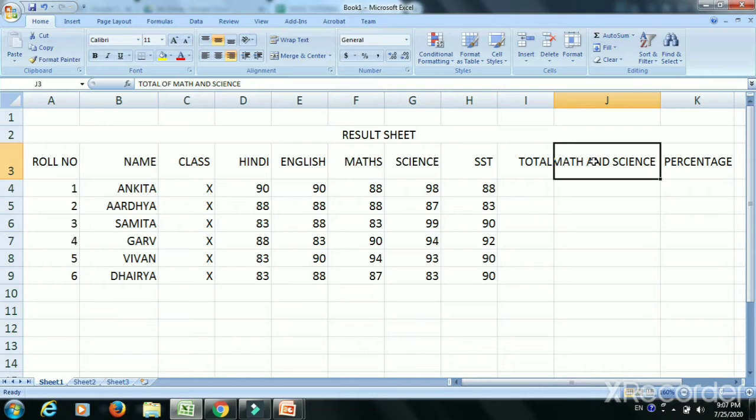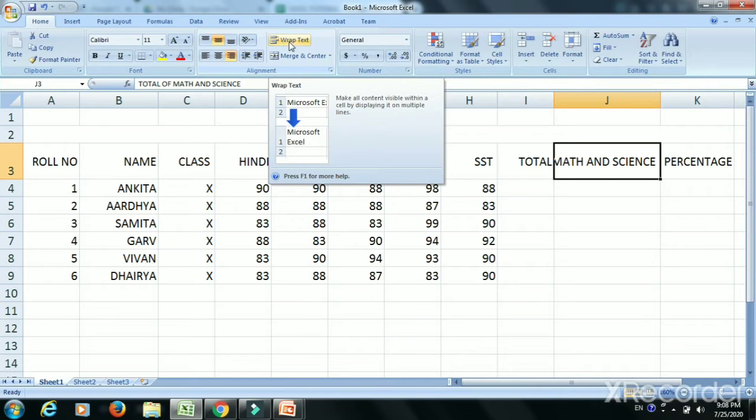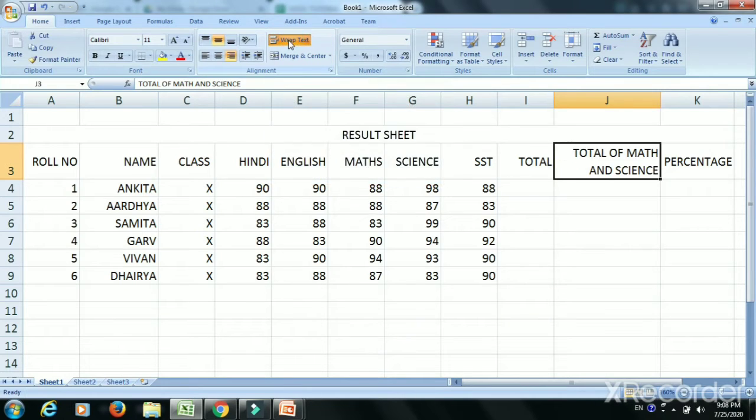I cannot see my whole data. So what can I do? Very important option. Sometimes in Google Sheet also you find the data is not visible and data is hidden. So what can you do to bring your data back? Actually data is not hidden, it is just going outside the boundary of the column, so it is not visible. So what can we do? We will select the column and this option, wrap text, we will click here. See this option wrap text, and I have clicked on the wrap text. Now you can see the data has appeared and it is in two parts, in two rows we can say.